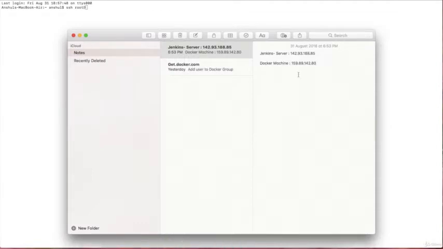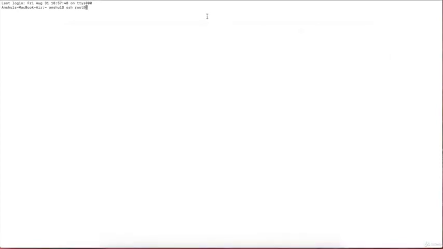So first I will open my Linux cloud machine. For this I will SSH to that machine. So SSH root, this is the user, and I need to enter the IP of my cloud machine, which is 159.89.142.80.